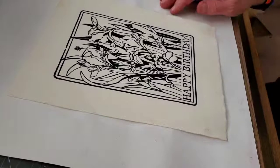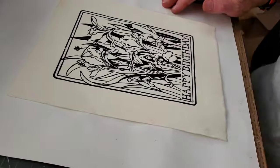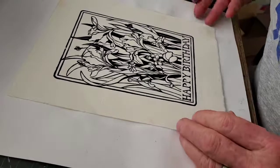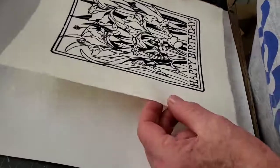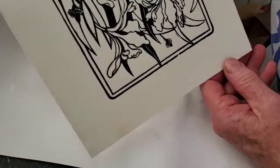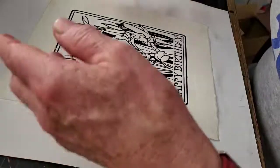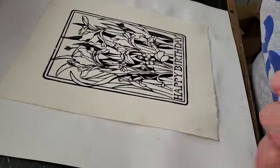Today I'm going to make a video of coloring a linoleum block print that I printed using oil-based ink. So I've just soaked it in water. You can see the paper is very floppy. It's also got a sheen on it. And the reason I do that is because when I'm just starting out one of these prints, I like it to be sort of